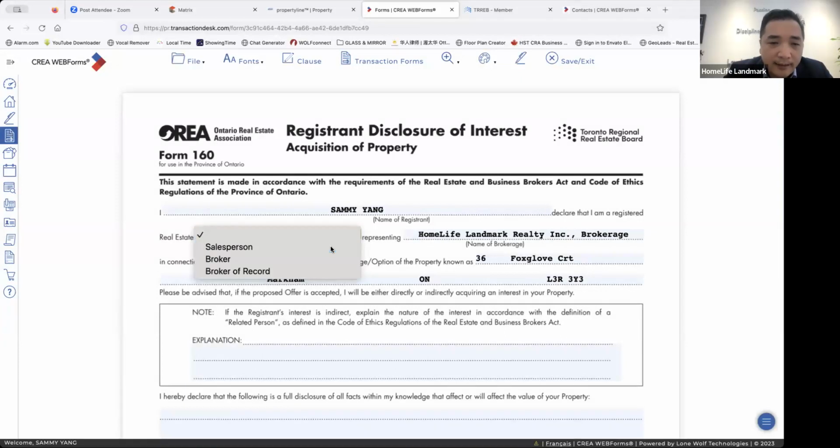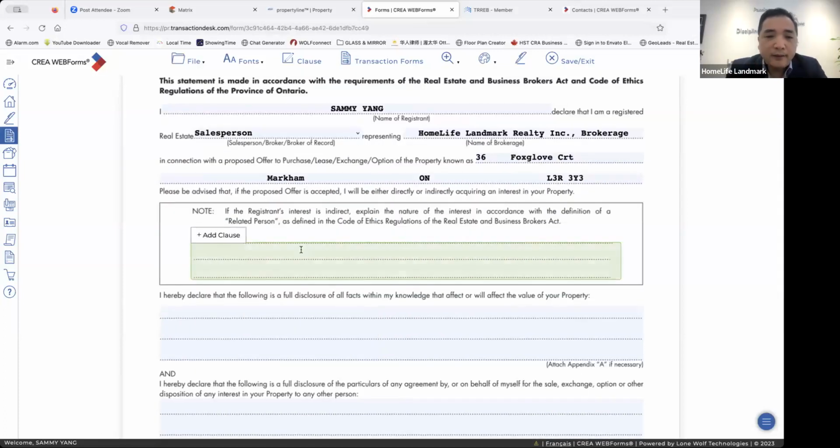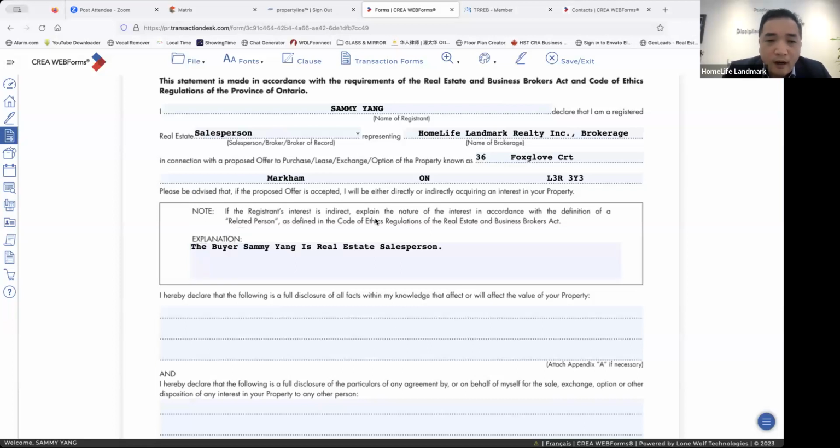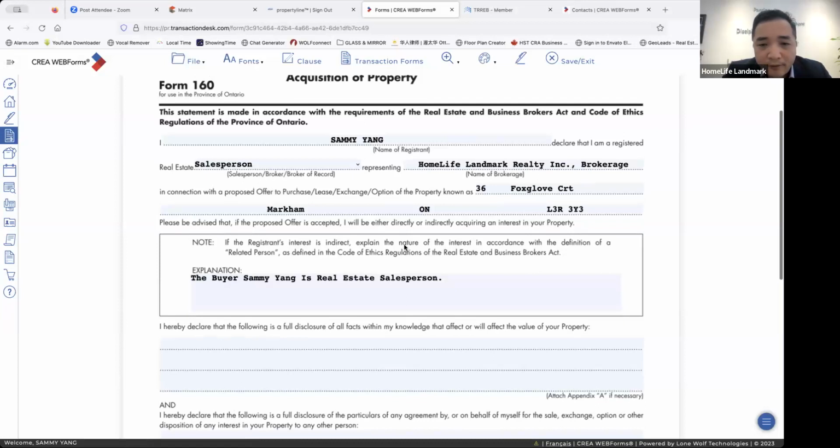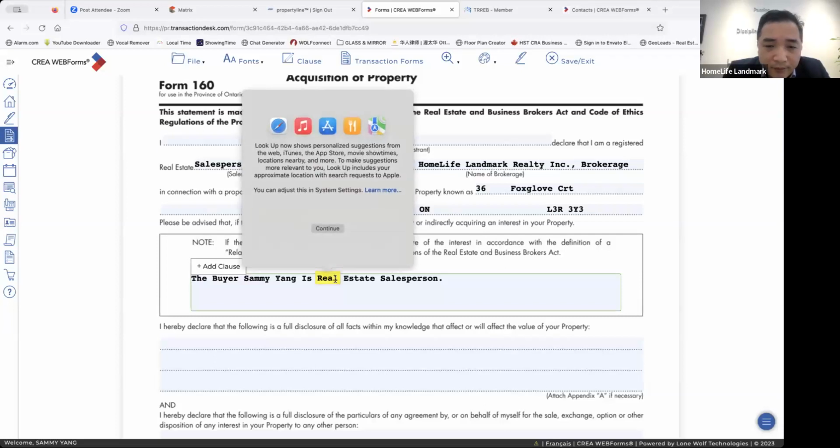And check your title, your salesperson represent Home Life Landmark. And let's say, because I use my name to buy the property, I will say the buyer legal name is my title. That's it. Or let's say if the buyer is your relative, maybe your parents, maybe your brother, your cousin. So you can write down the buyer legal name is